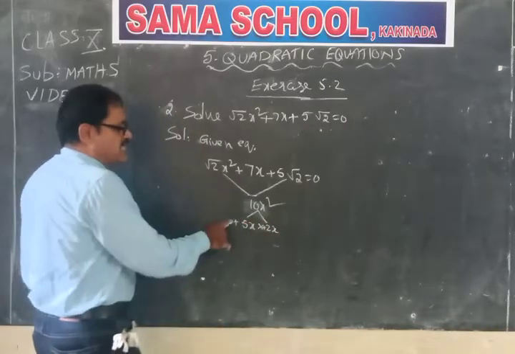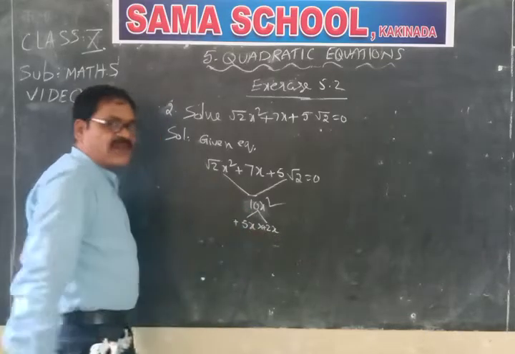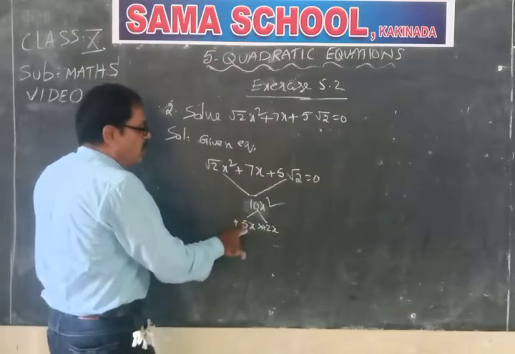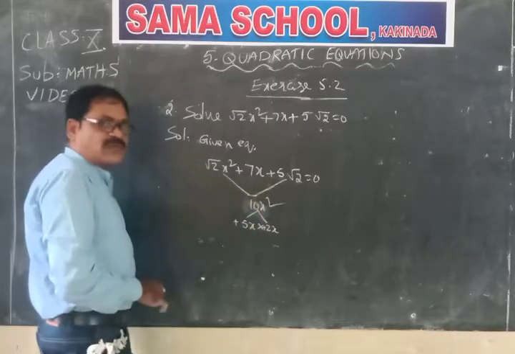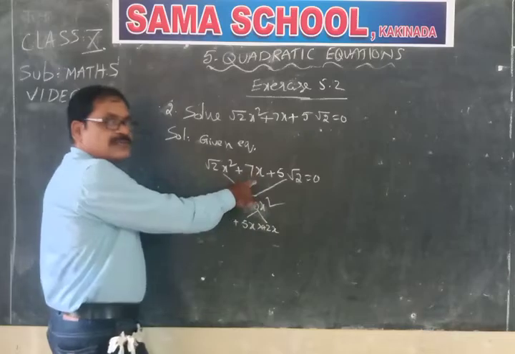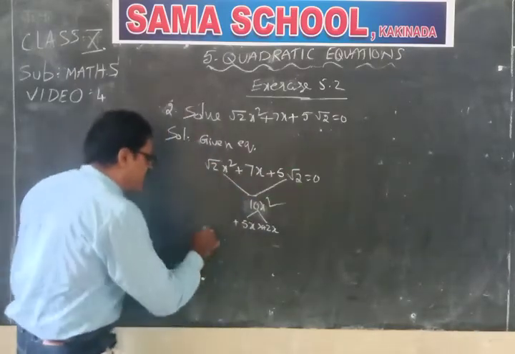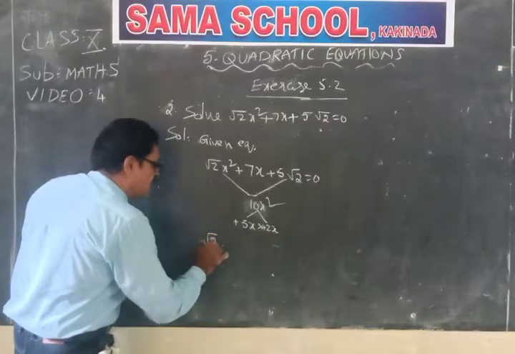The product is plus 10x square and the sum is plus 5x plus 2x, which is plus 7x. So this equation can be written as root 2x square